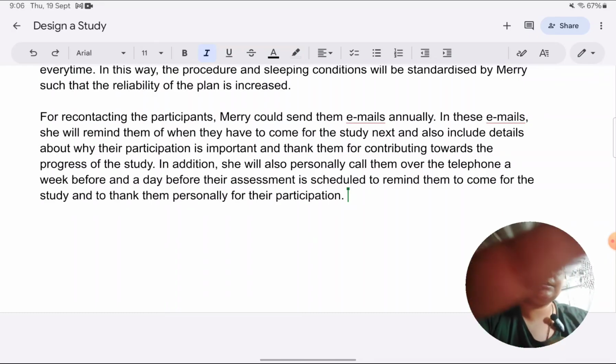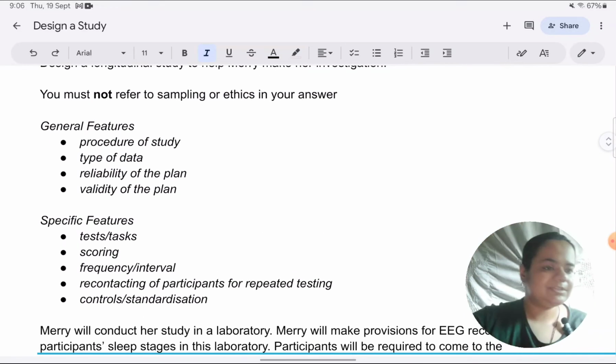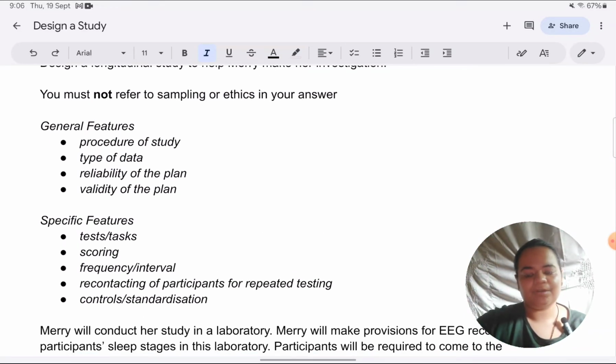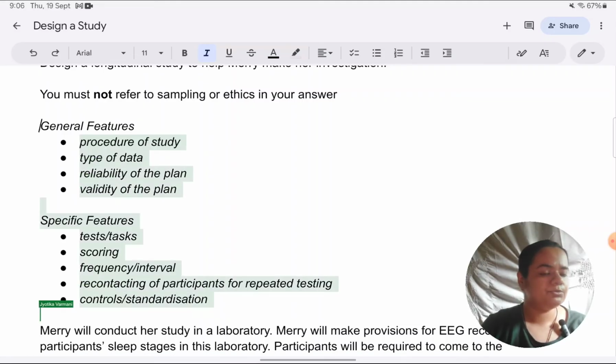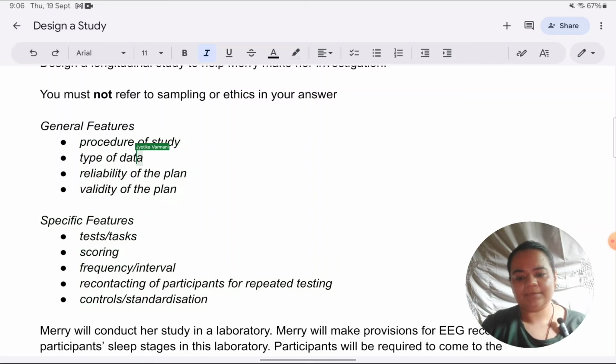Now we can just check, like I said, once you write the features, how that is helpful is you make sure you cover all of them and you are able to see, or at least mentally scan and note, have you covered everything or not. When I look at this list, I've covered almost everything. The only thing left is type of data being collected.